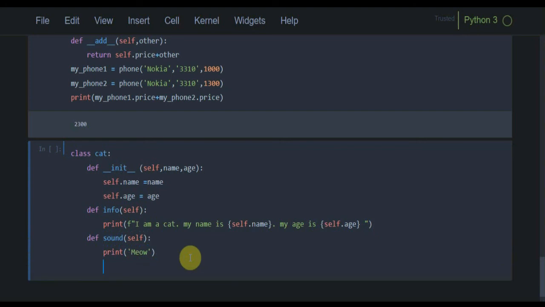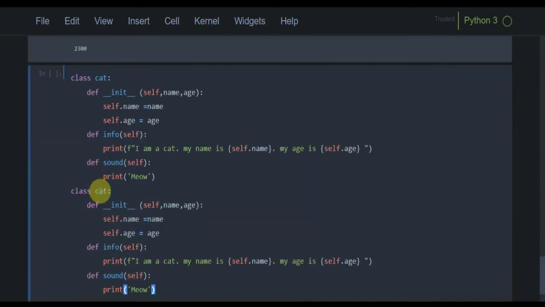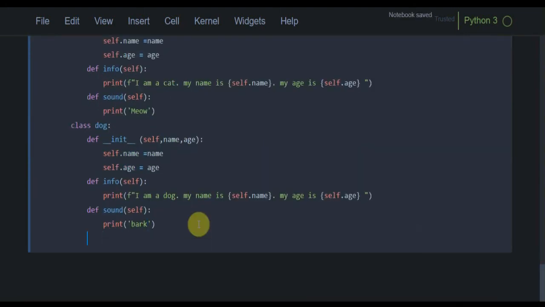Alright, so suppose there is another class which is dog. All this information will be needed in a second. So I'm naming another class dog here, and these must all be the same: I am a dog, my name is this, and my age is this, and the sound is bark. Now fill the arguments. Suppose cat1, because we already named the class cat, so the variable name must be different from the class. So it is class cat, suppose the name is Kitty, and its age is 2.5, and